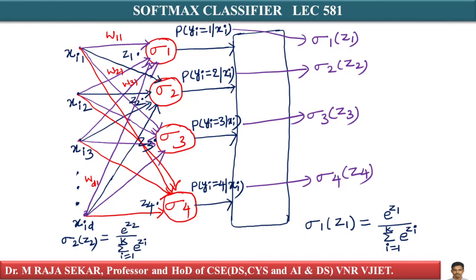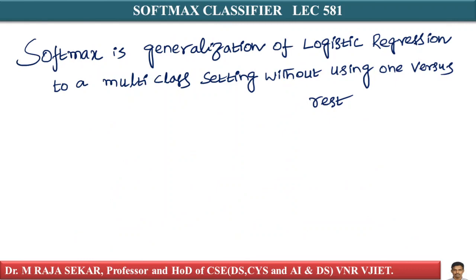Sigma 2 z2 means probability of y i equal to 2 given xi. Sigma 3 z3 means probability of y i equal to 3 given xi. In a similar manner, sigma 4 z4 is probability of yi equal to 4 given xi. In a nutshell, I can say softmax is basically a generalization of logistic regression to a multi-class setting without using